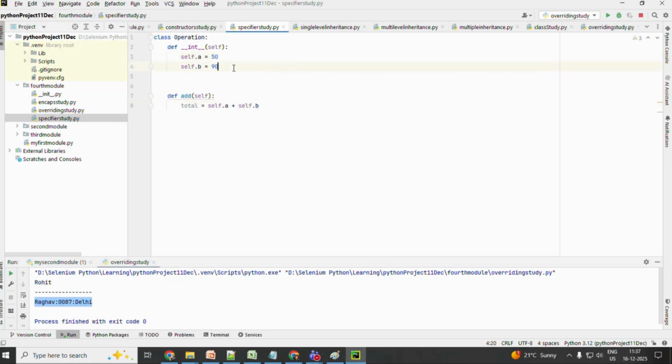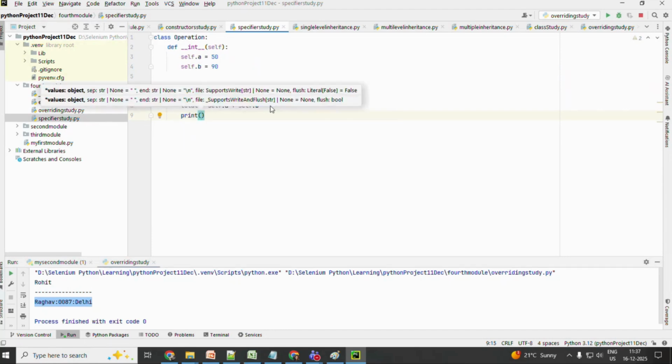That's why I can access them anywhere. So I will say print